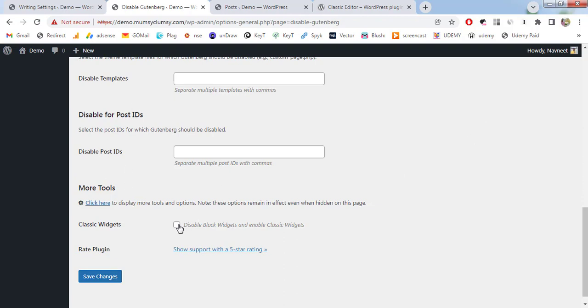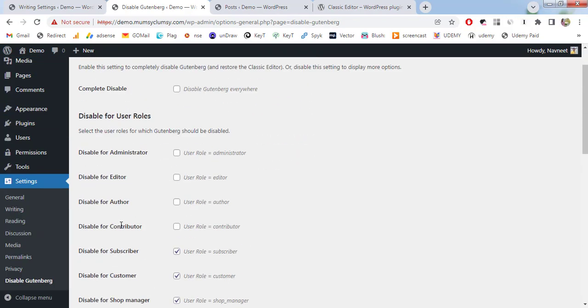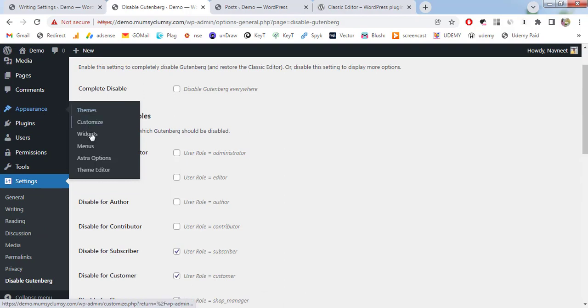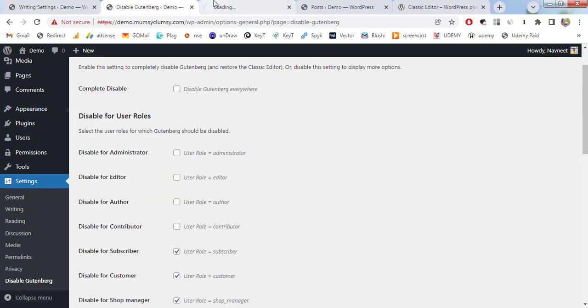And you can choose this option: disable block widgets and classic widgets. This is for widgets. And the next option we have inside More Tools is for the widgets. If you go to Appearance, you'll see the Widgets option. This is for the footer